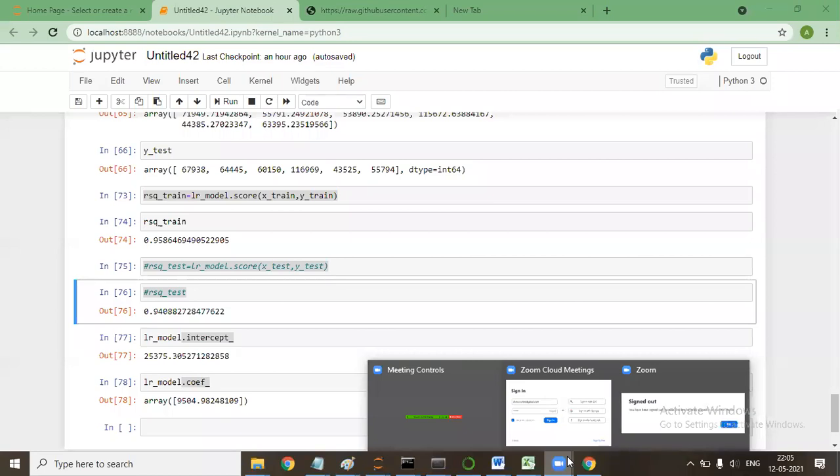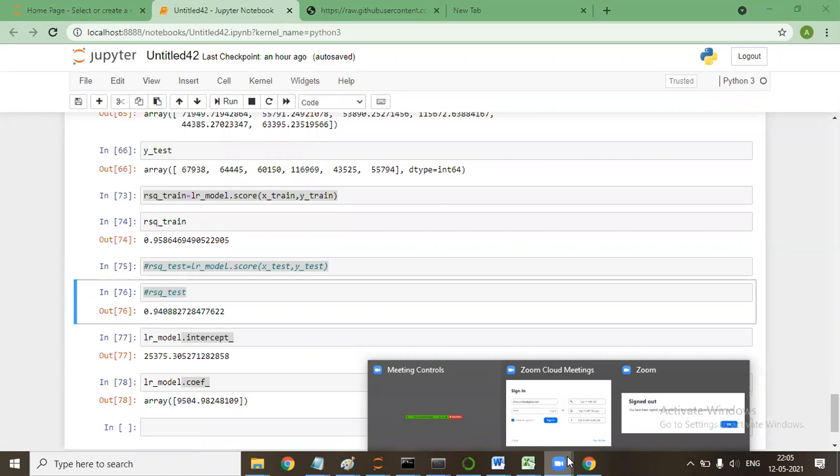Sir, please share the file, that GitHub file that you used in this. I'll share both the files. Tomorrow this will be available. One minute, sir. If we don't keep dot score, it doesn't give this R square value, right?